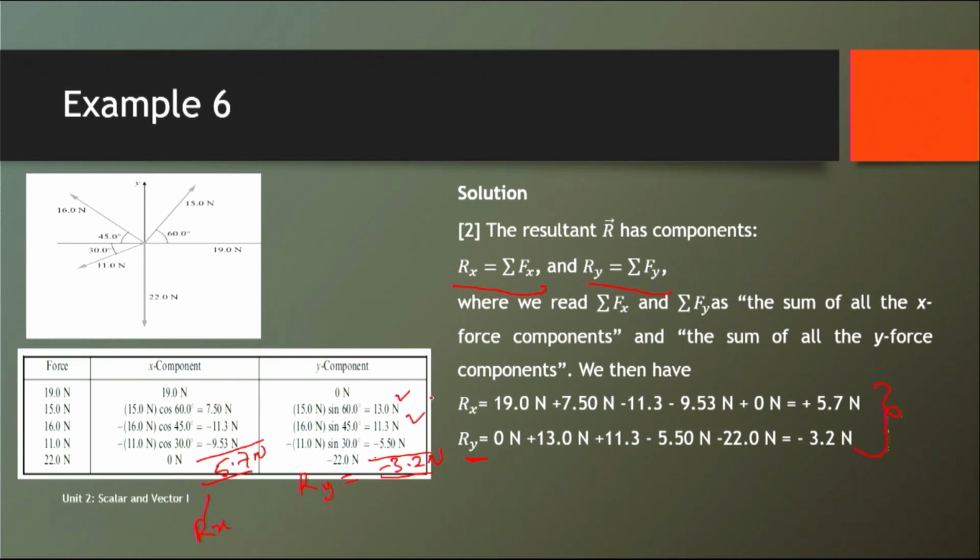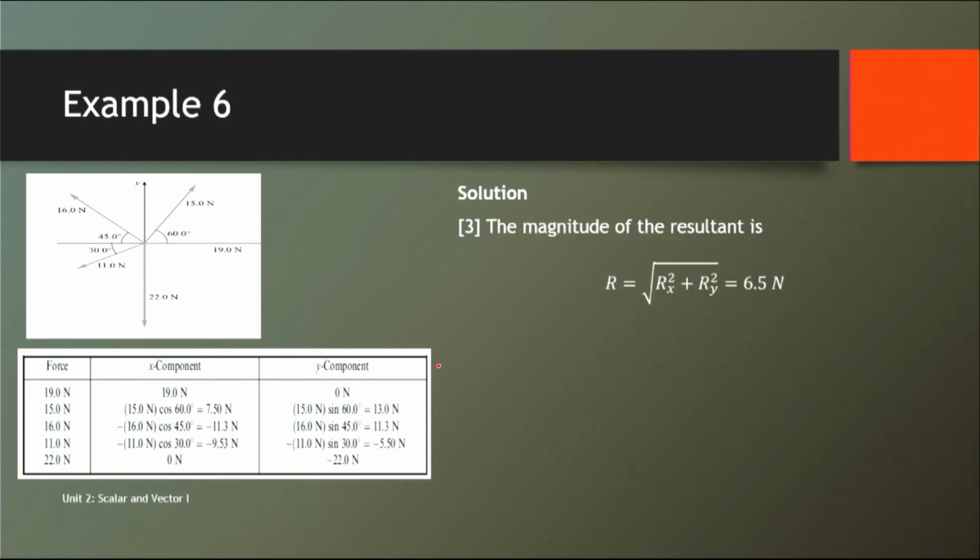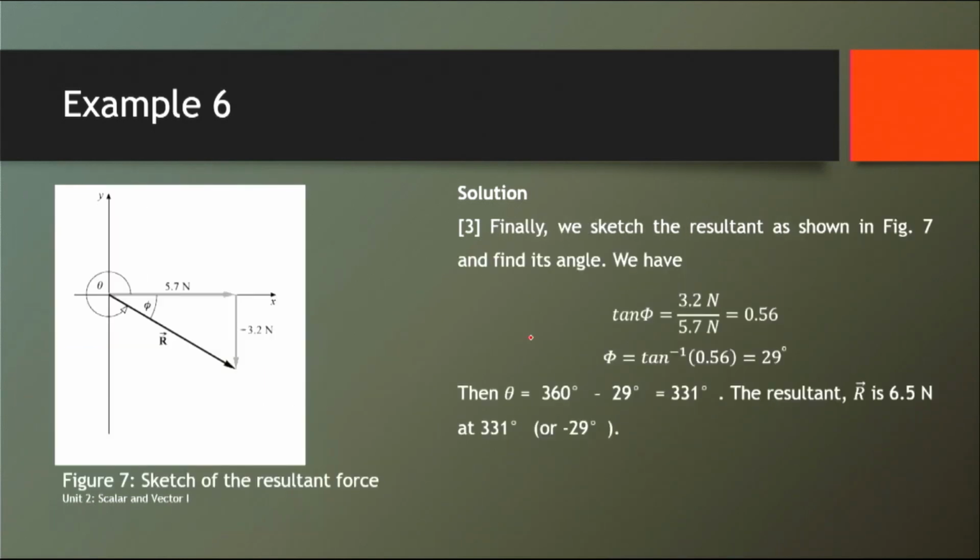Now that we have our Rx and our Ry, to find the magnitude, we use Pythagoras theorem, R squared equals Rx squared plus Ry squared, to give us 16.5 newtons. Now, if the examiner equally asks us to calculate the angle,